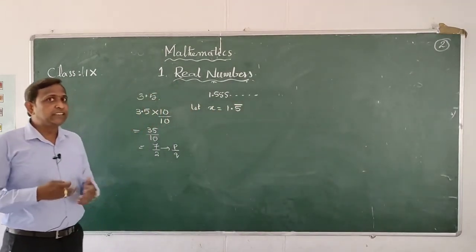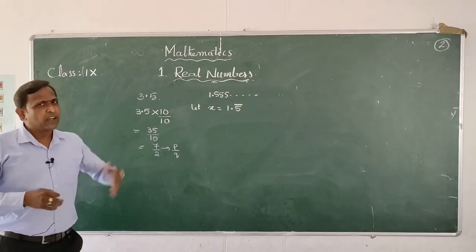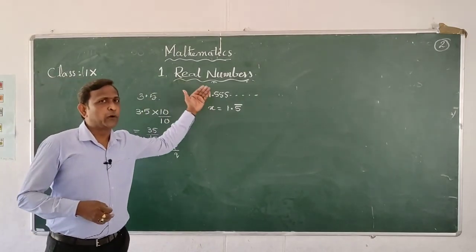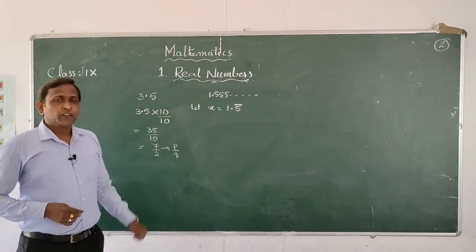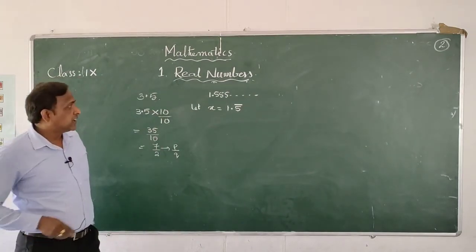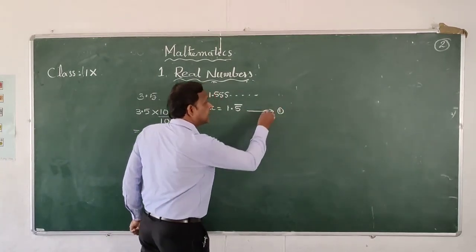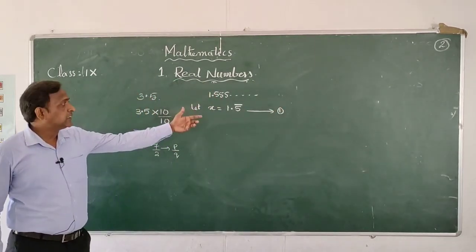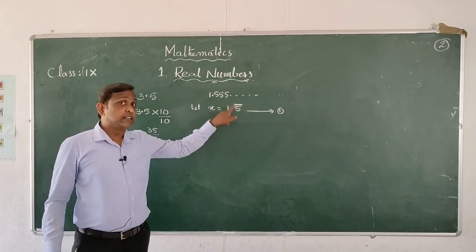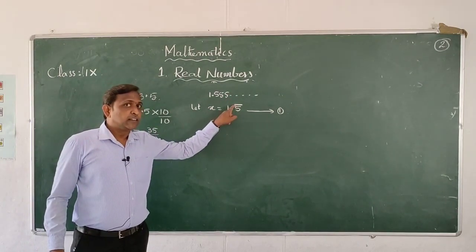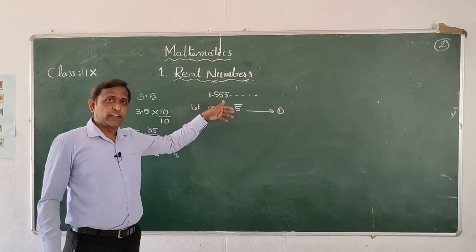I am writing this using the bar notation, or else you can write directly 1.5555, and so on. Now you have to understand what the periodicity is, and consider this equation as 1. Let's see what the periodicity is here. Periodicity is 1. What is the period? 5. Then periodicity is 1. So you should